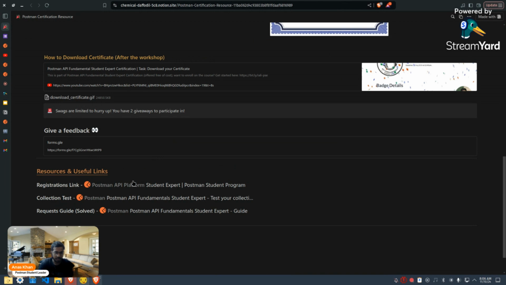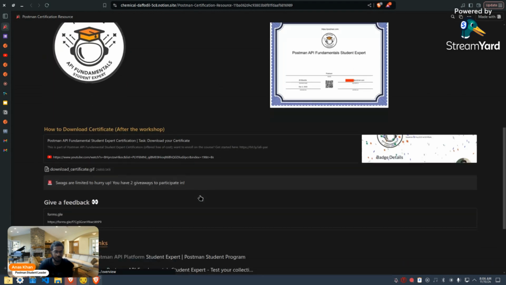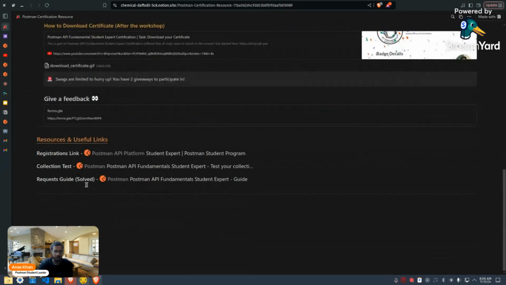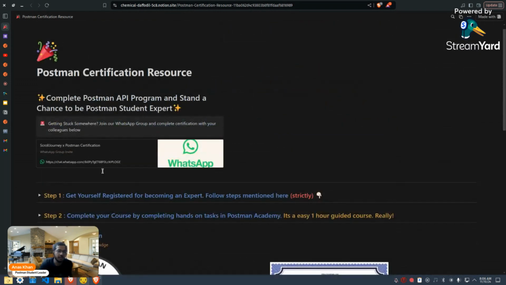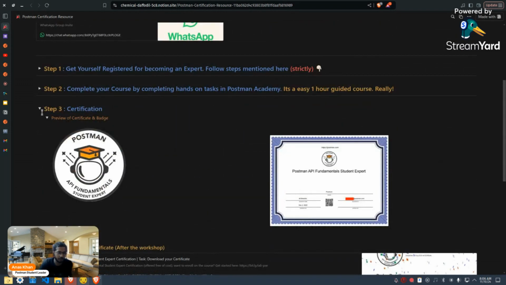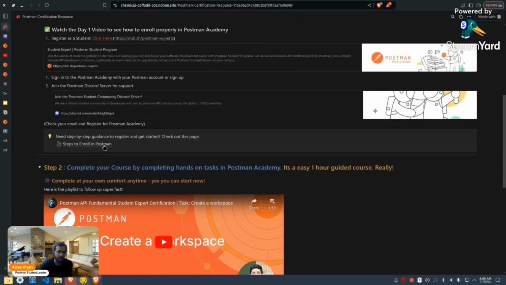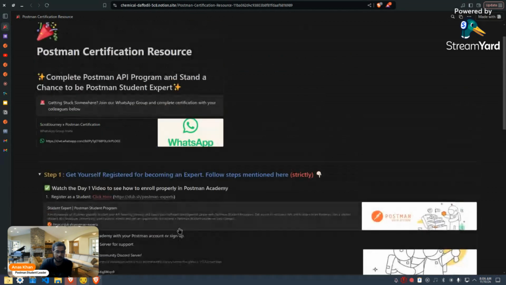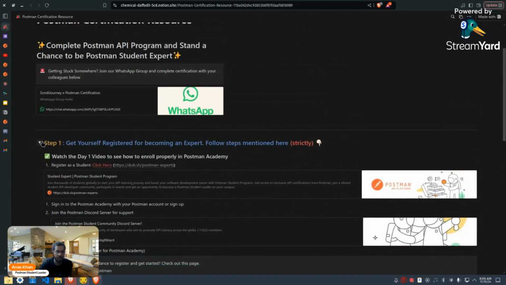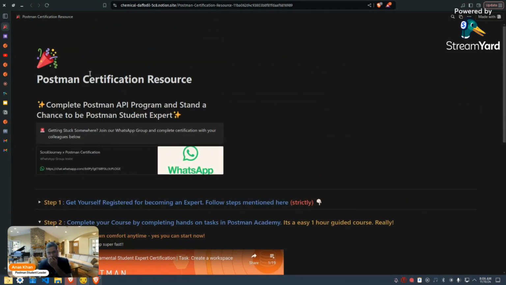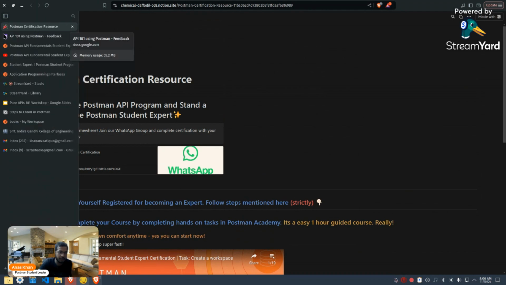And there are also resources and everything available here, which is for everyone, which you can use, which is more like वहाँ पे proper solve करे हुए हैं जो task दिए रहेंगे उसमें collection test भी अच्छे से हर चीजें. अगर तुम एक group भी join कर सकते हो if you have any doubts or you can also join the Postman Discord channel to ask more questions. So this is the certification that you need to complete.